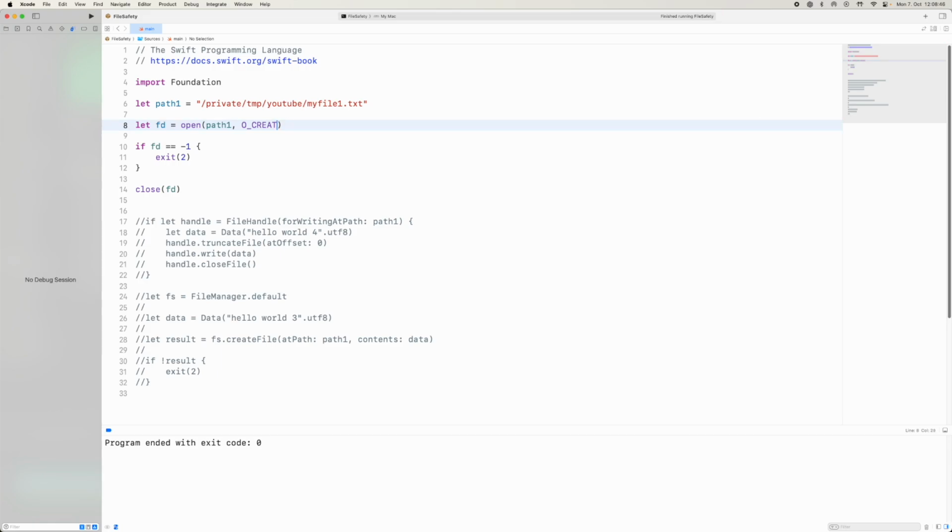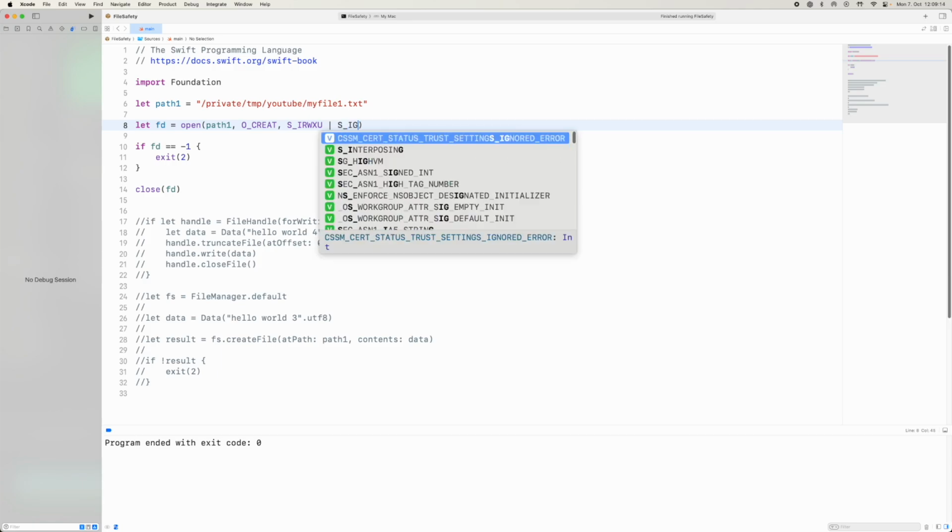Okay, so now let's talk about the mode that we want to write to the file. And this is done with these flags. So S underscore, and we want to come with an I. And in the beginning, we're going to say read, right? And we want to write and we want to execute for the user. So this is what the U means, under the bottom, which is the mode underscore T. Okay, and we were basically saying only the user should be able to read, write, and execute on this one file. And if we then want to give other permissions, say to the group,